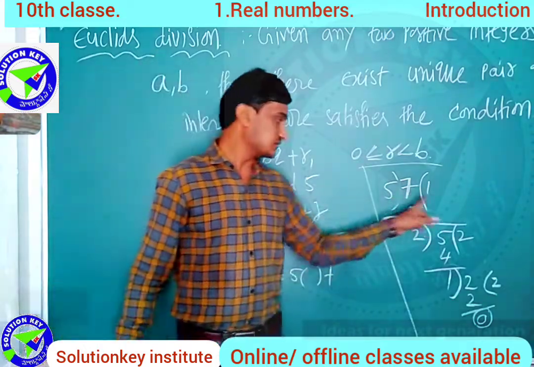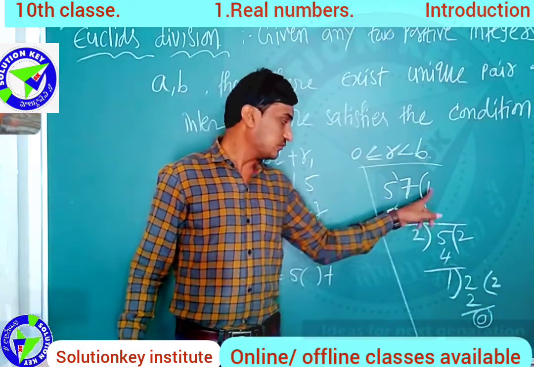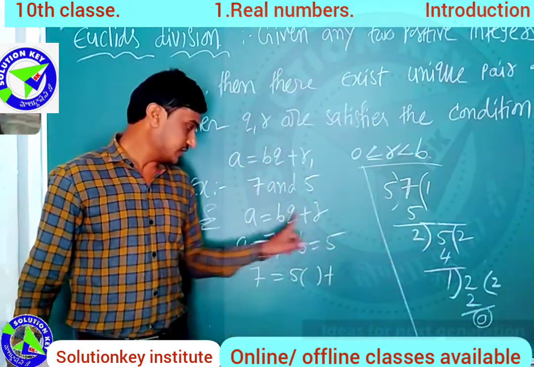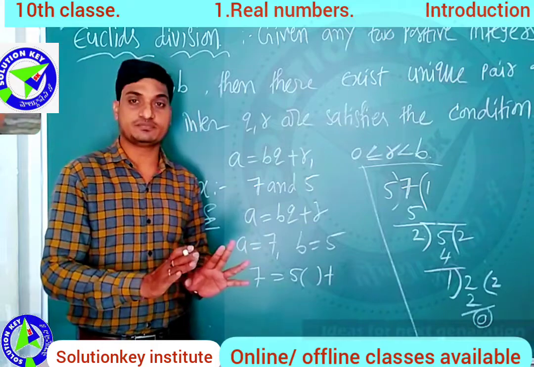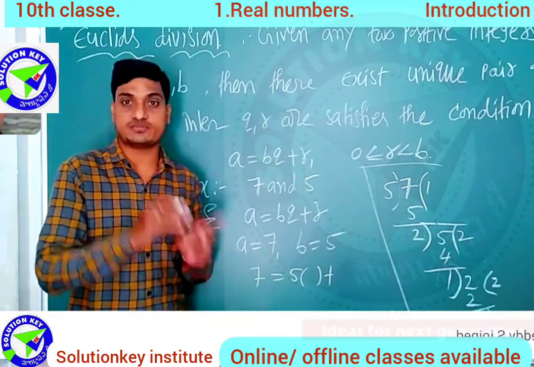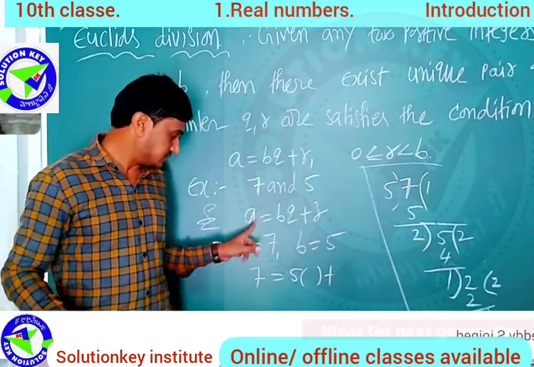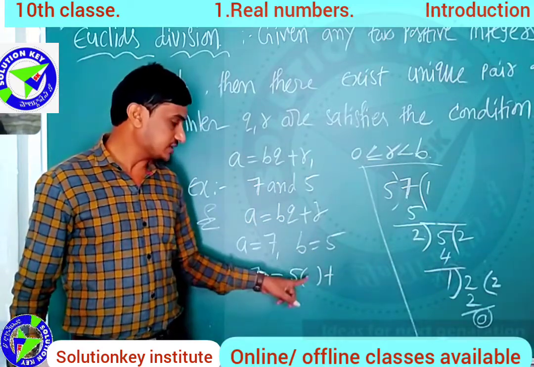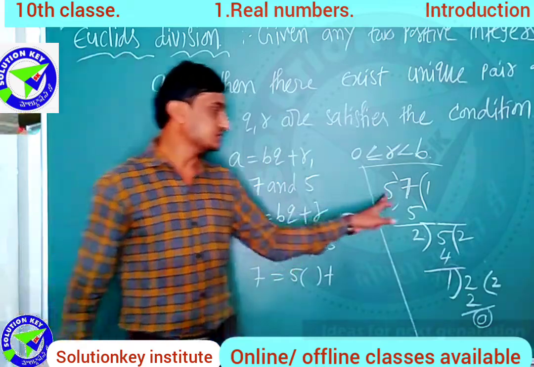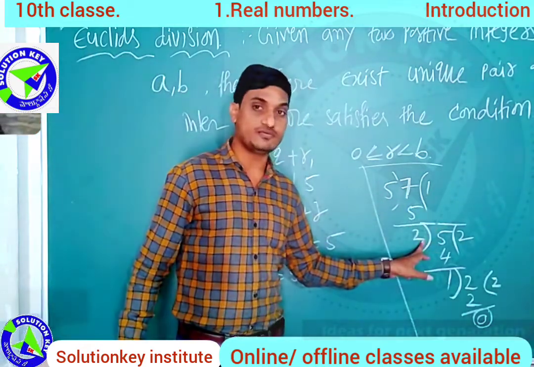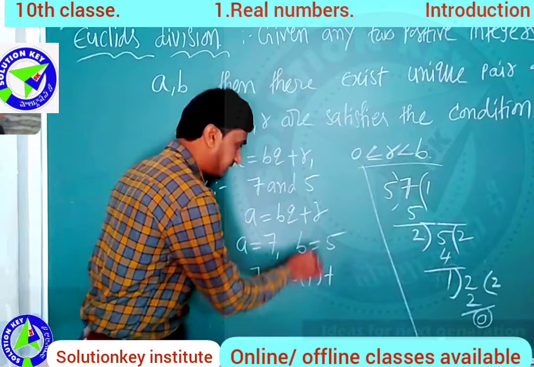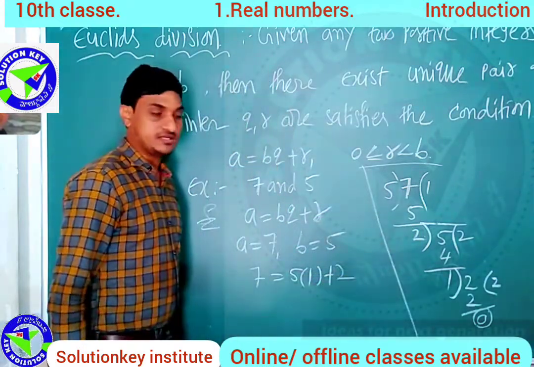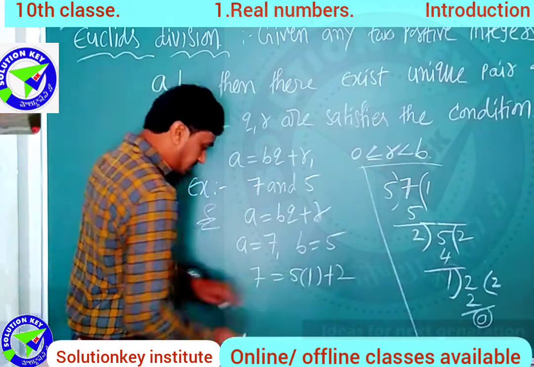Then how to fill this q and r? See this one, 7 and 5: you get the quotient and remainder. This is a formula; you are just substituting values. What is a, what is b, what is q, what is r. I am substituting a = 7, b = 5, q is not there, you have to find that out. So 5 × 1 is 5. What do you get as the remainder? 2. Right? Next, completed with 7.